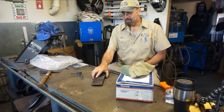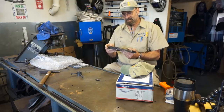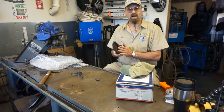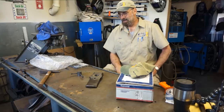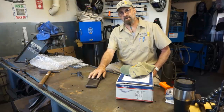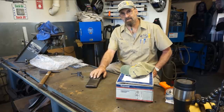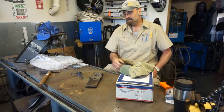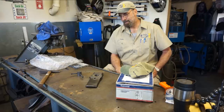Alright, just got off the phone with Tim and gave him the news that I finally got around to it and repaired the slide for his carriage and compound on his lathe. He did say that he picked one up on eBay or whatever, and he's been using it to get by while I've had this one, and it's not quite the same fit, and he's really racking his knuckles on the small handles, he says. But anyway,